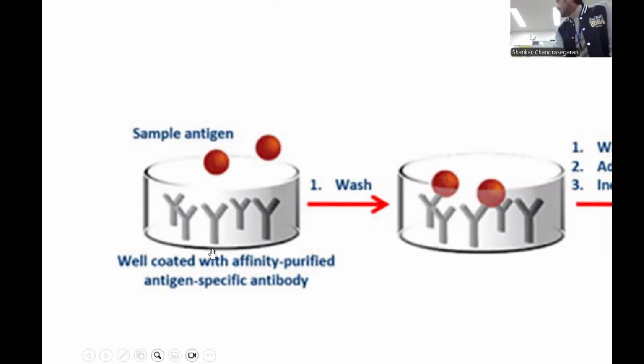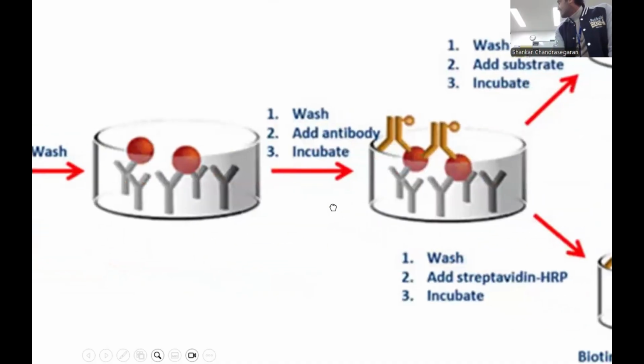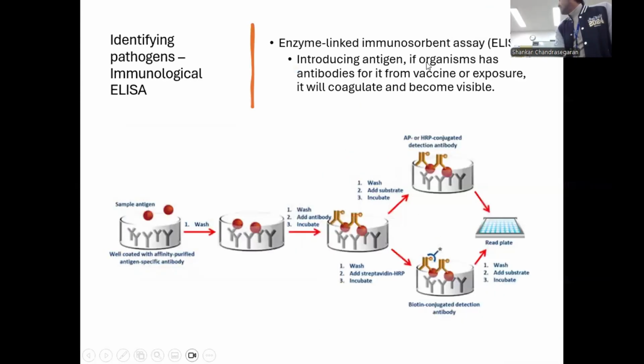We will wash the plate with that. And once the antigens have been bound, that's when we expose them to a bunch of different antibodies. And then we will basically see when the antibody actually binds to the antigens. And once we do that, we basically do the step with another kind of antigen and see whether it releases